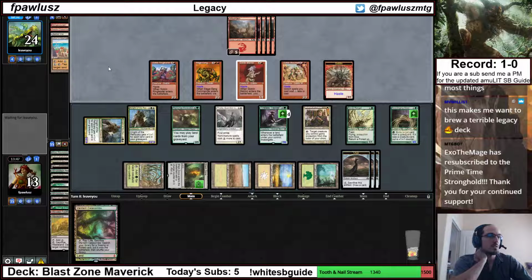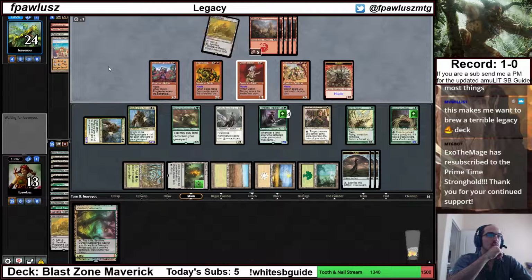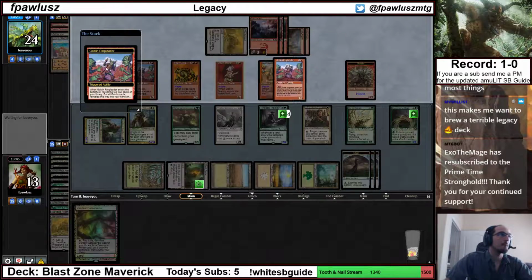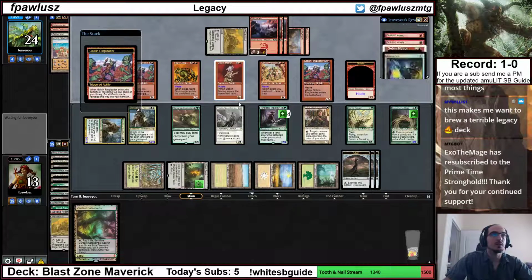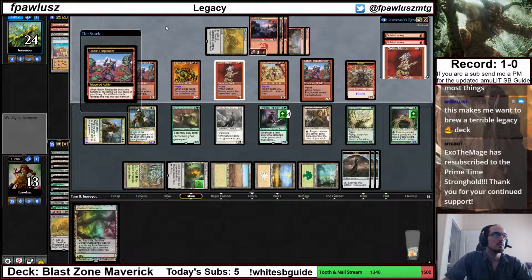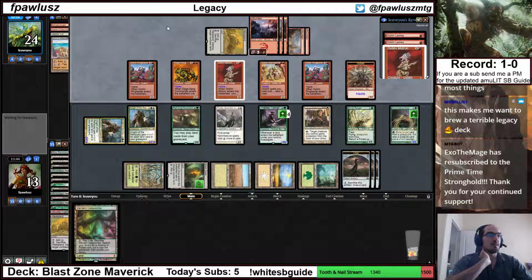Things are definitely looking good here, though. I'm a little bit short on white sources, though. Ringleader, okay. That's a very good draw for them. But they kind of whiffed. I mean, they draw 3. It's not the worst thing ever, but...